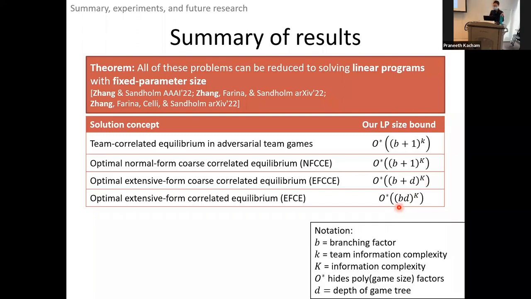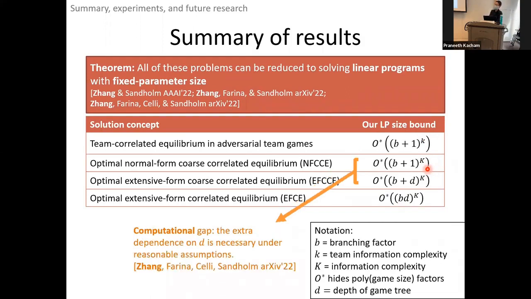Okay. And one thing that I want you guys to take away from this, as I mentioned earlier, is that these four problems are concretely different. Right? I've had different bounds for each of these four problems, which is not really something that prior work has shown so clearly. Now, how fundamental are these bounds? Well, the first two here are separated by definition, right? Little k and big K are different. You cannot define little k in a non-team game. Little k is smaller than big K, so we get a smaller bound.